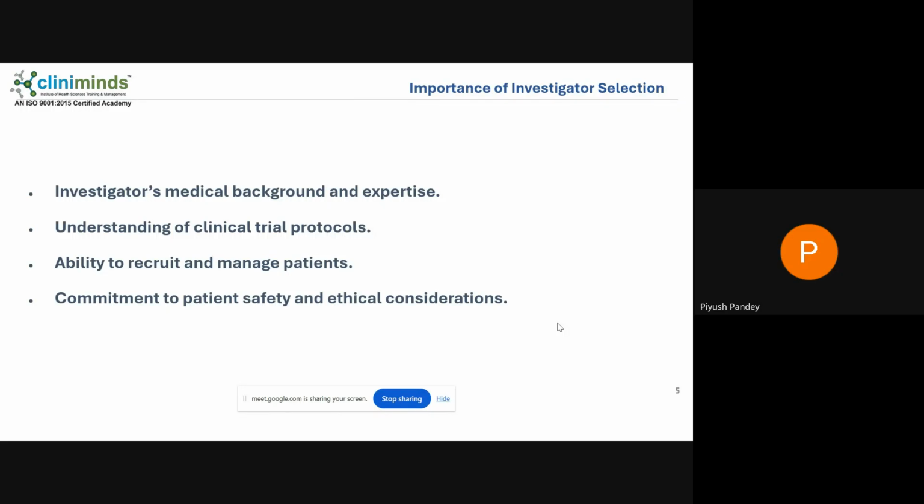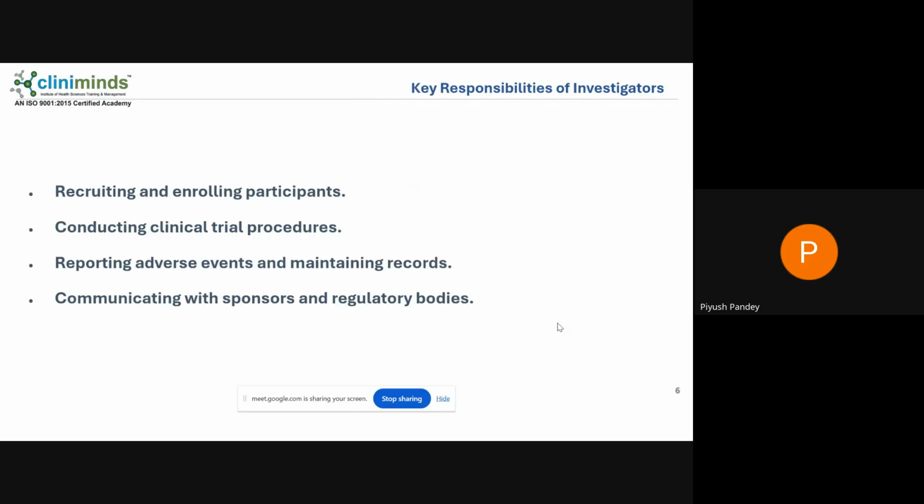Then we also look at commitment to patient safety and ethical consideration. All these points are assessed through collection of various documents and thorough discussion with the investigator during the site selection visit itself. Then there are a few points